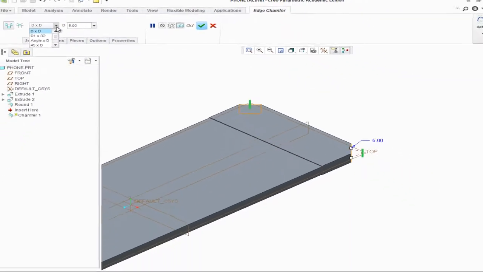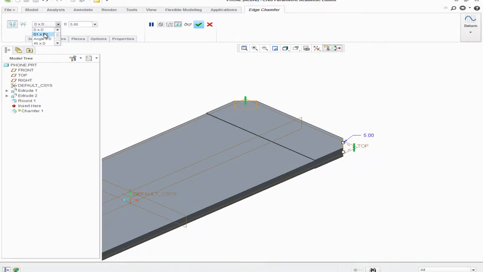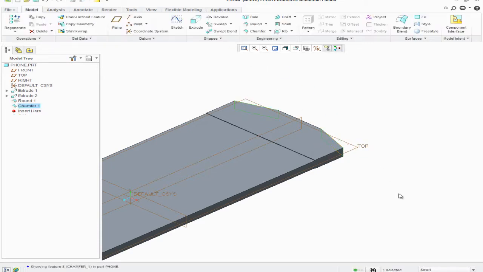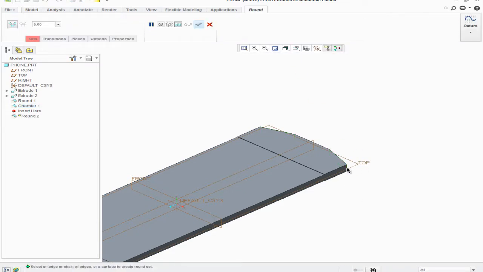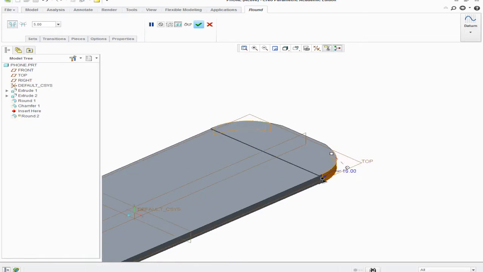If we change the options there and set D1 and D2, one of them stays at 5, but I can just drag in the other one. So I've got a slightly different cut there. So it's just changing the shape, and then I'm going to round it. And again, I click that one, control key to select more than one item. We bring that down